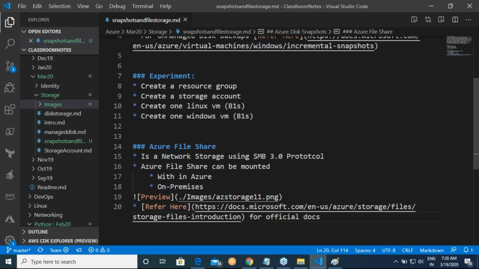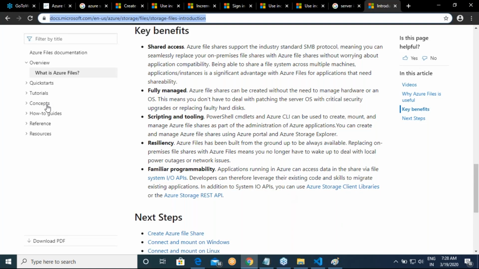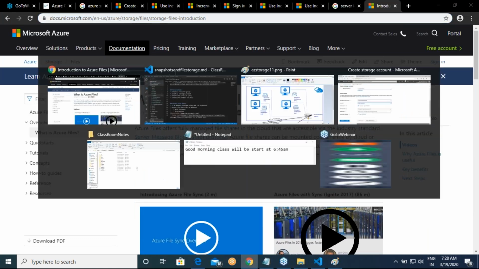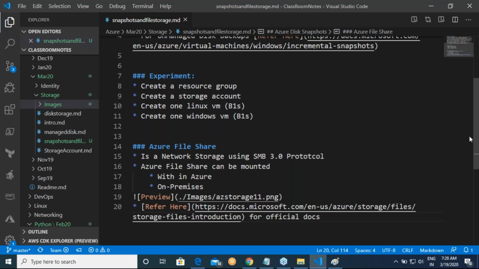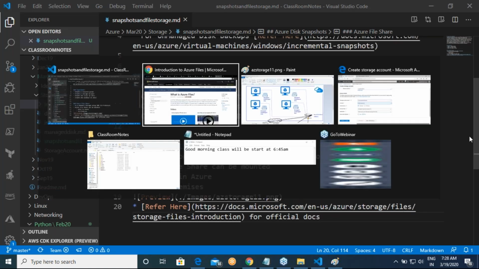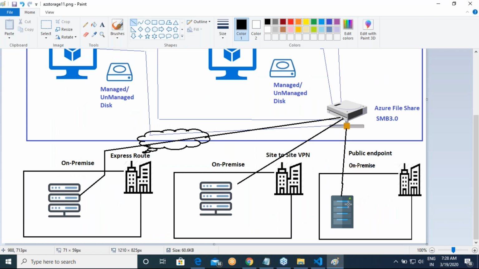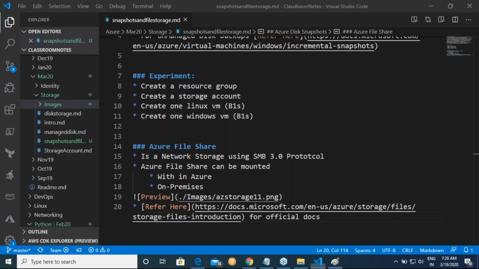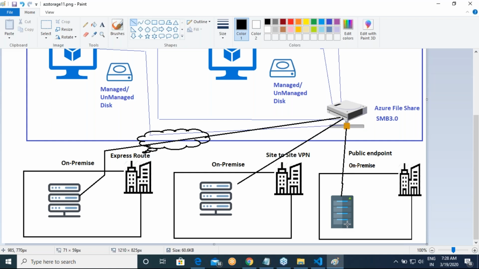Right. And understand one thing, whenever you are trying to plan for Azure file storage, there is one port called 445, and that should be opened in the case of public endpoint, right? If the 445 port is not open, it might not work out. Site to site VPN also requires it, but if you go with tunneling, you can exclude that. That's what the documentation says. So whenever you're using Azure file share on premises, ensure that using public endpoint, we need port 445.